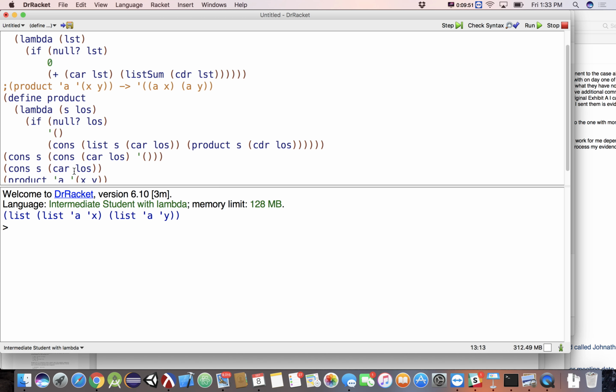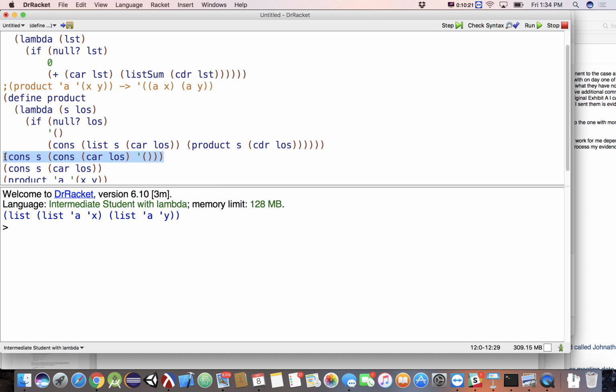So car of LOS is not a list. That's a symbol. If I want to make a list out of that, I need to cons it onto the empty list. Or you can use the constructor for lists and just build a list out of these two elements. So I promise you, under the hood, this constructor for list is a lambda that has that code in it. That's what that constructor is.